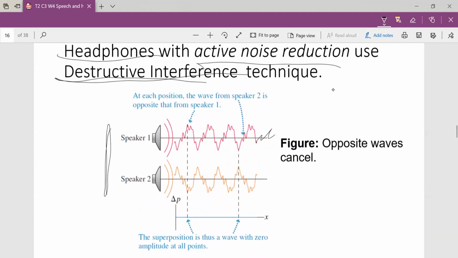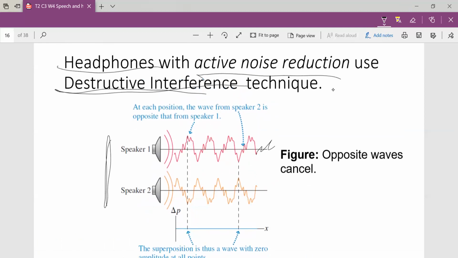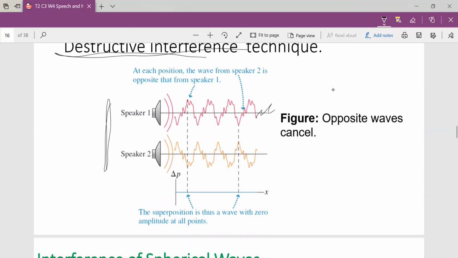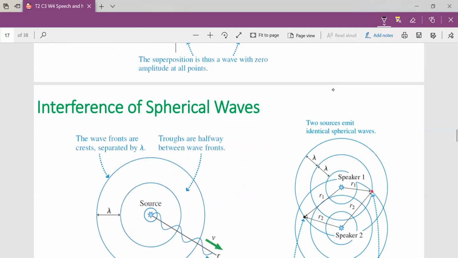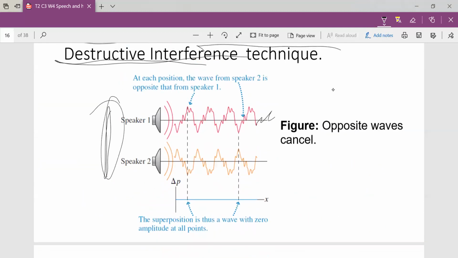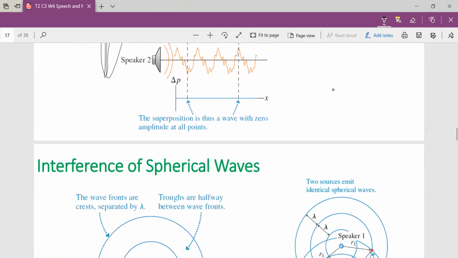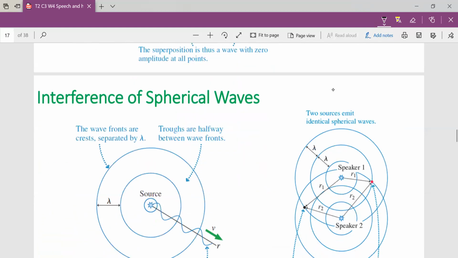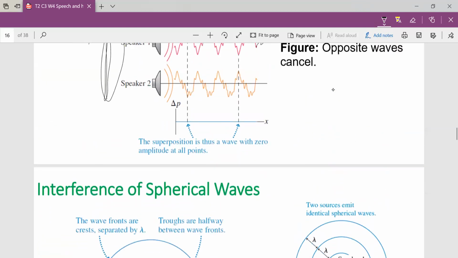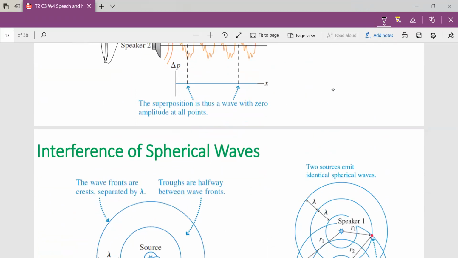That's exactly how the headset filters out the background noise: by collecting the background sound, producing a signal, and internally producing a counter signal that continuously forms destructive interference with the background sound. Okay, so if you're asked to explain that principle as well, you should be able to use your understanding of destructive interference to explain that. So if the two speakers are set up like this, remember we said in the first case, we'll have something like the spherical wave. And that is what we want to look at. What sound will you hear at that point? Remember the first diagram.